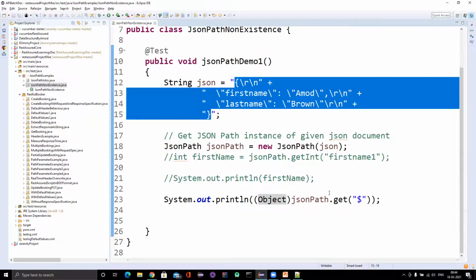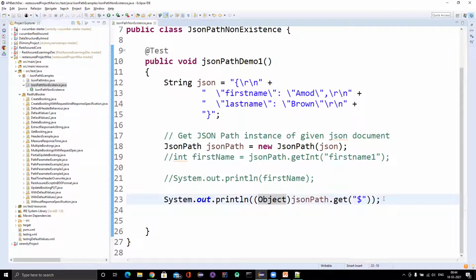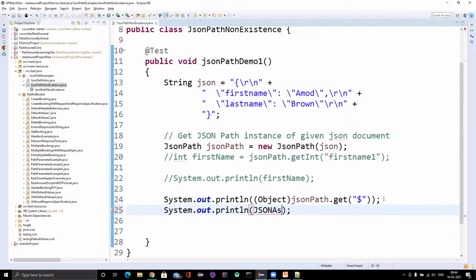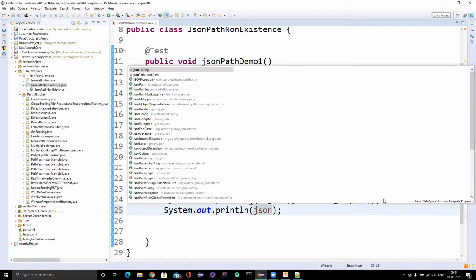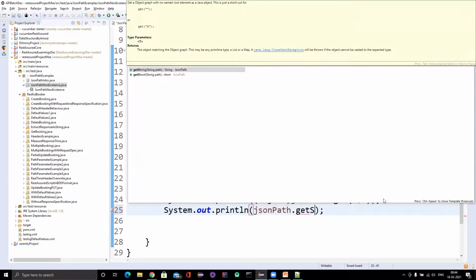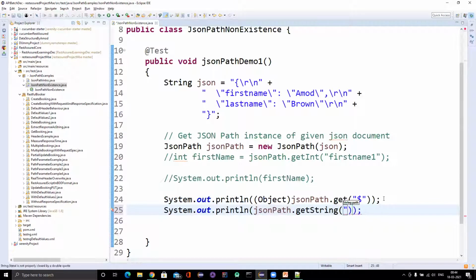So this same syntax we can write in multiple ways. System out, you can use JSON path get string, and you can use the dollar symbol again.